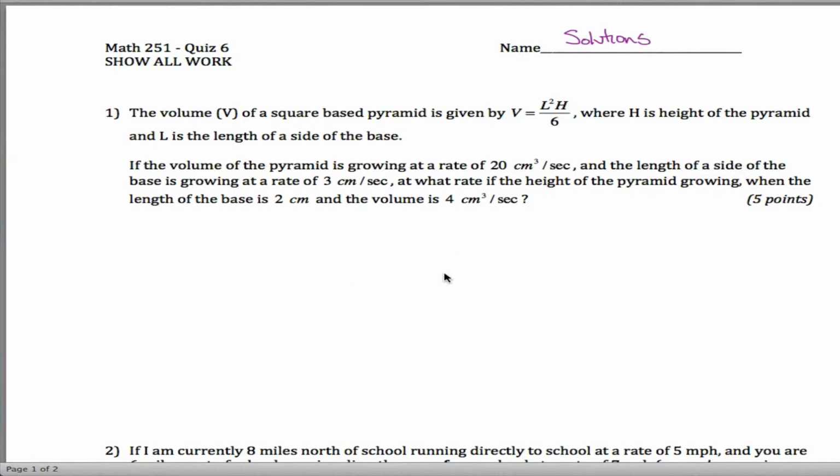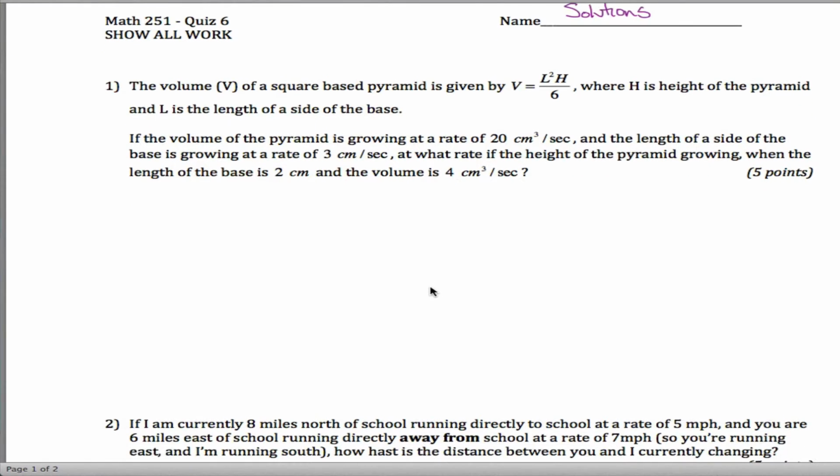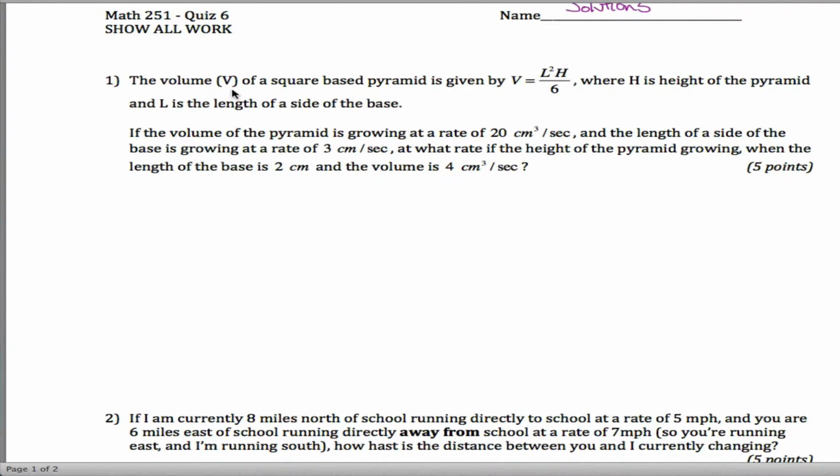Here are solutions for quiz 6 for Math 251. First two problems are related rates. The first one, we're told that the volume of a square-based pyramid is given by this formula. H is the height, L is the length, V is the volume. And then they give you a bunch of information, and they ask you at what rate is the height of